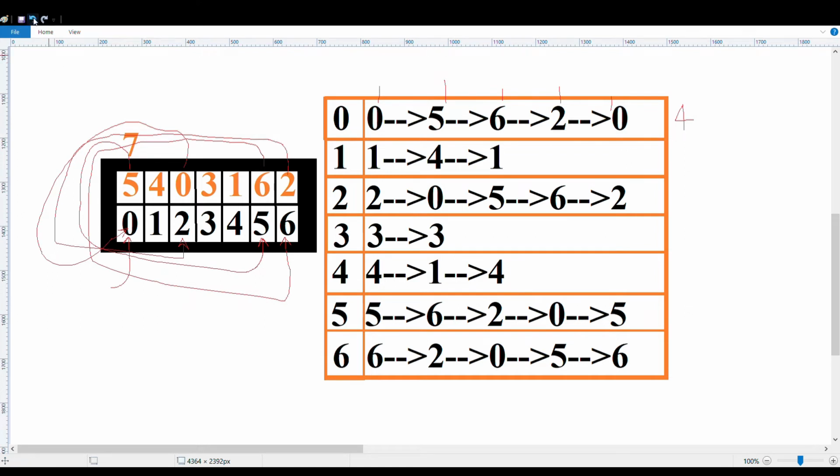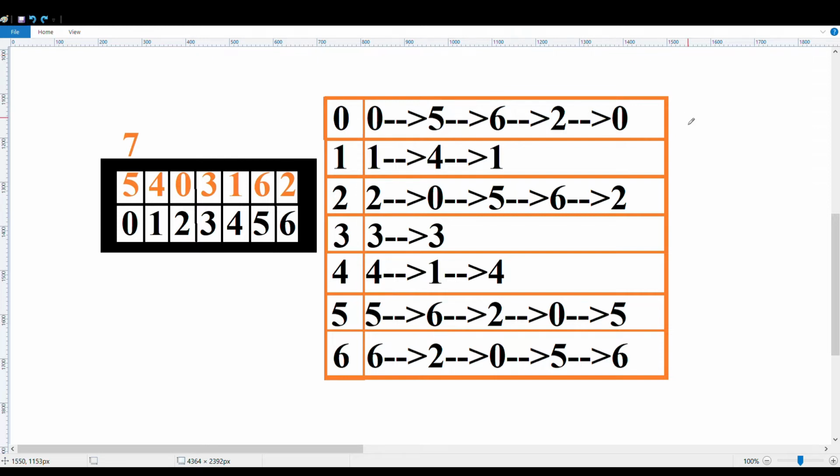Simultaneously, you repeat the same and you start from 1. From 1 you start, you get the 4th key. So you will take the key and go to the 4th room. You will get the first room's key, so you will come back again. So here, from 1 you are going to 4 and from 4 you are coming again to 1. How many keys have you got? You have got 2 keys.